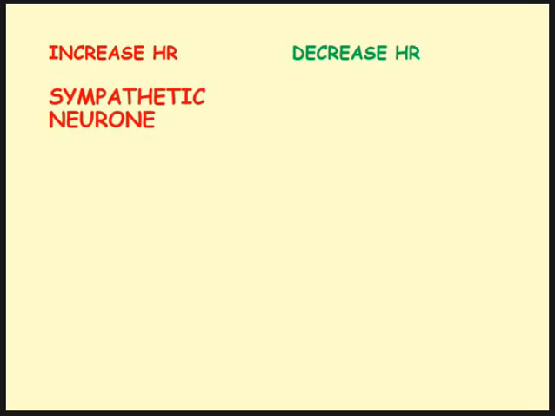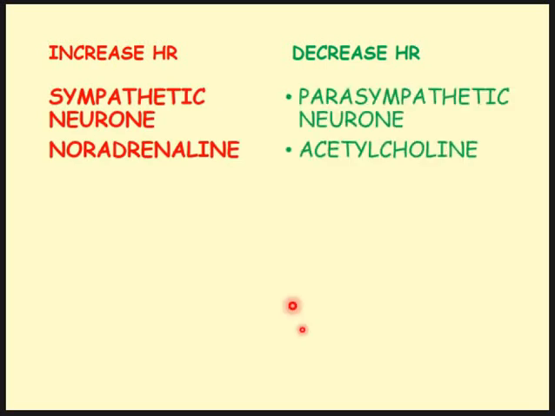So to summarise, things to remember, let's put this all at once. Increase in heart rate, sympathetic neuron, noradrenaline. Decrease in your heart rate is the parasympathetic neuron and acetylcholine. Main important things to remember. Okay,